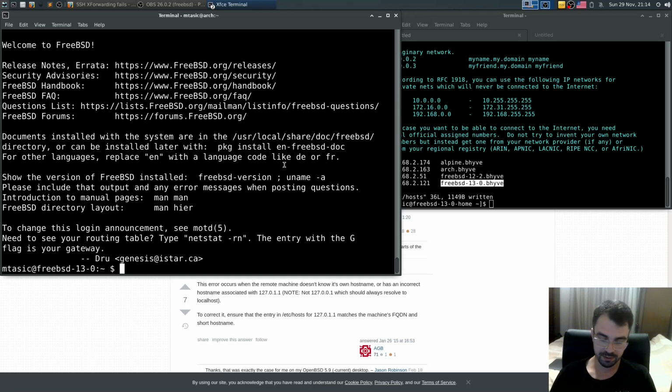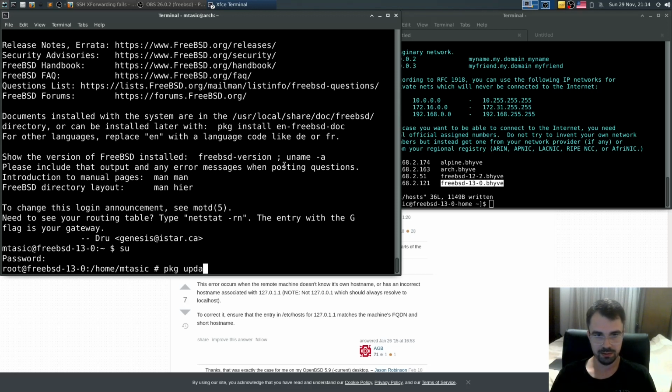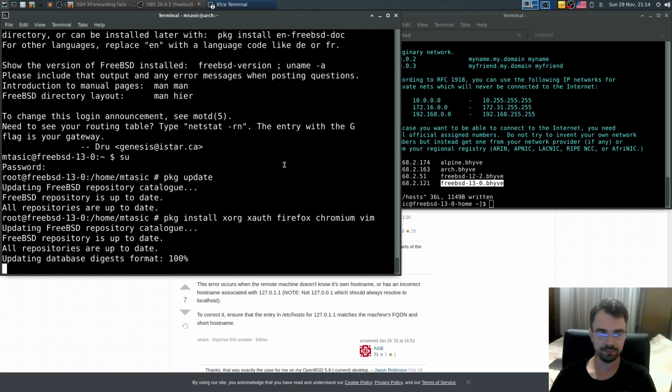All right, so sudo update, pkg install xorg, xauth, Firefox, Chromium, and vim.